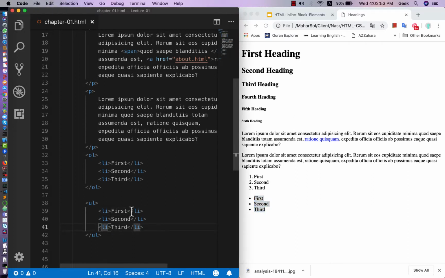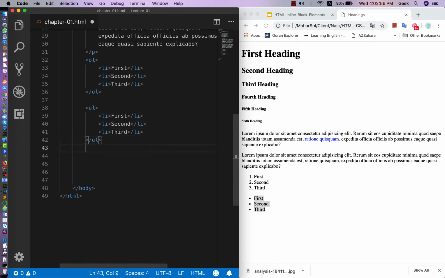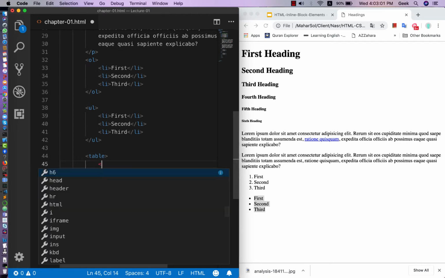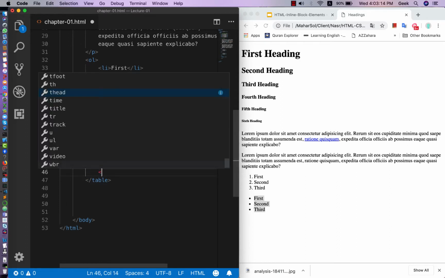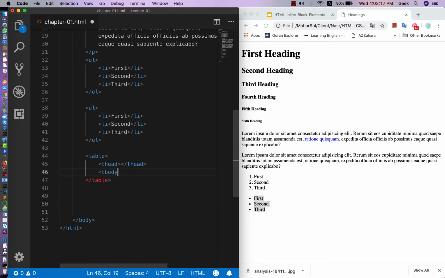Okay, and also another block level element, that is table, and here we can, there is a table head and table body. In table head we can create TR, and here T head,